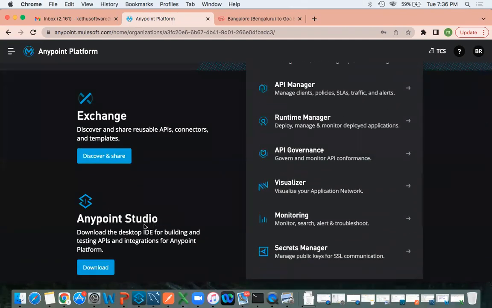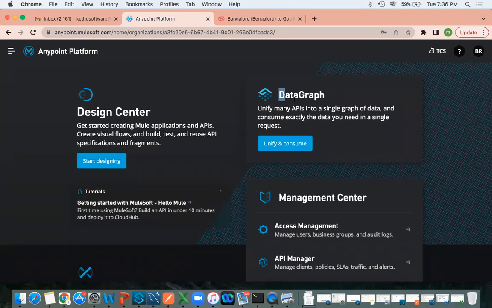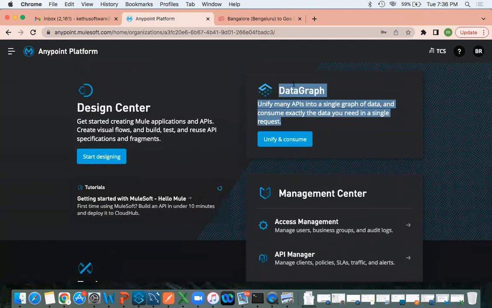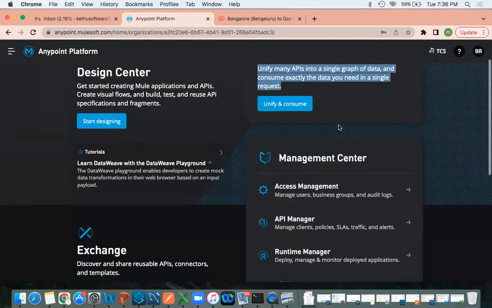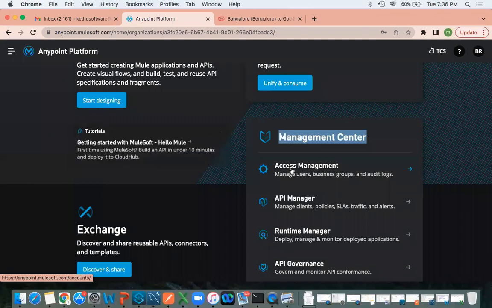So studio, you know, right? This is for development purposes. And then Data Graph. They recently introduced this; we will see it later. We are not going to cover this in this course. They added it recently. And the management center. In this management center, we have access management. In access management, we can create users, business groups, audit logs, and all. That means once you join the organization, what will happen? Very first day,